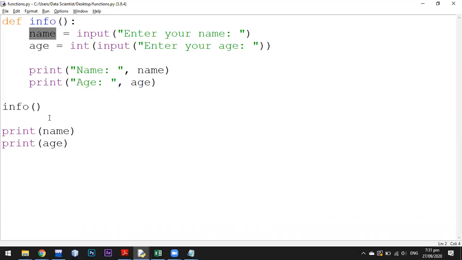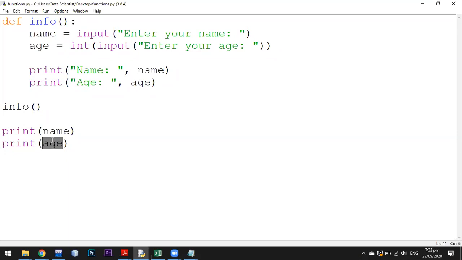And if I've declared a variable outside the function, I cannot call it inside the function. Then we have to use the global scope if we want to use a variable anywhere, either inside the function or outside the function. We will learn about global scope in the next class. Now you need to learn about local scope.